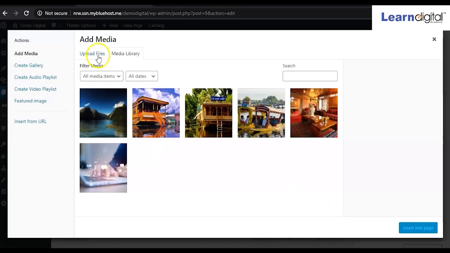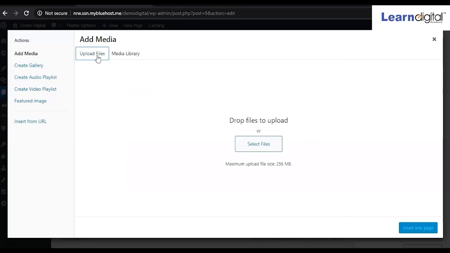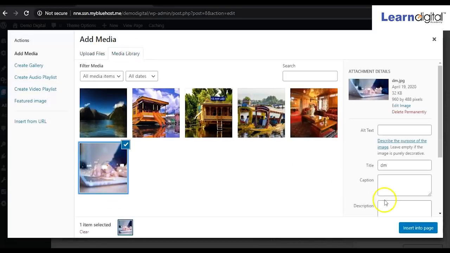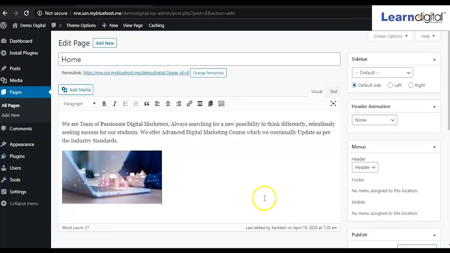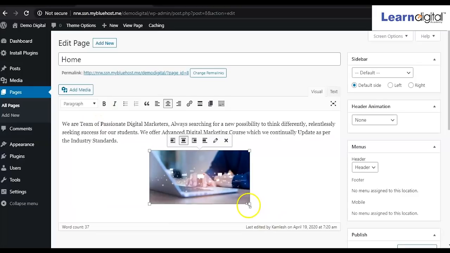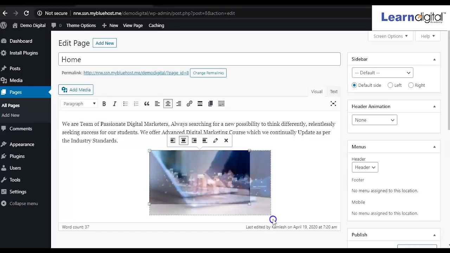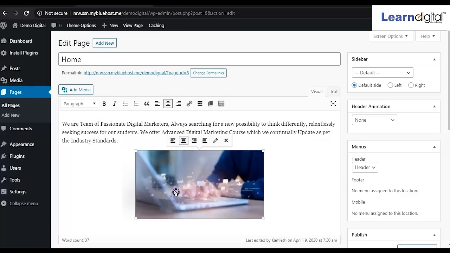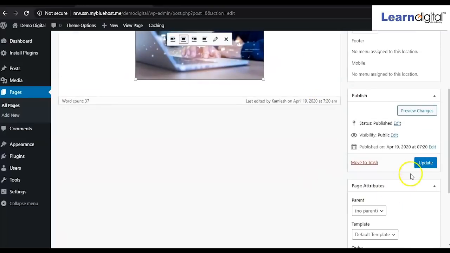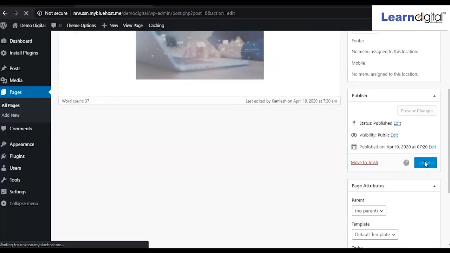Otherwise, if you have images in your system, you can click on upload file and select the file as well. So I am taking this one, insert into post. So the image is coming. I'll make it center, or I can increase the size like this. Now I'll update.